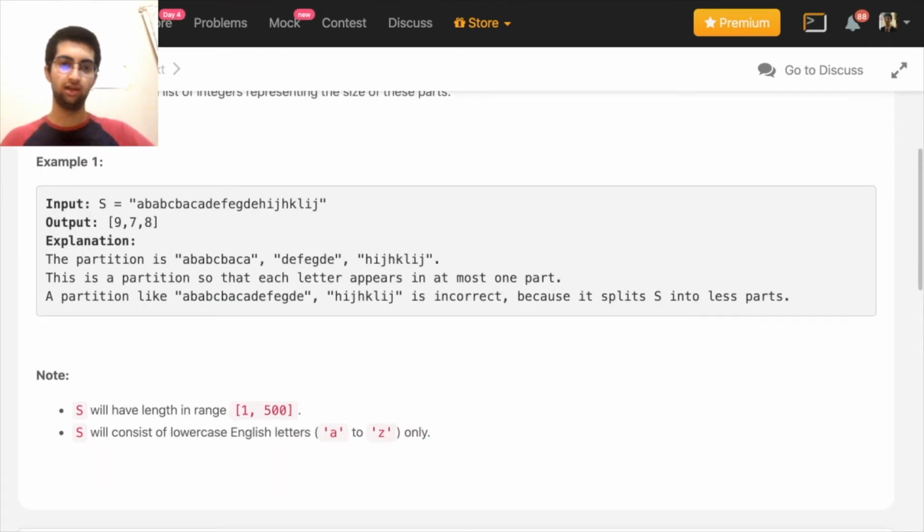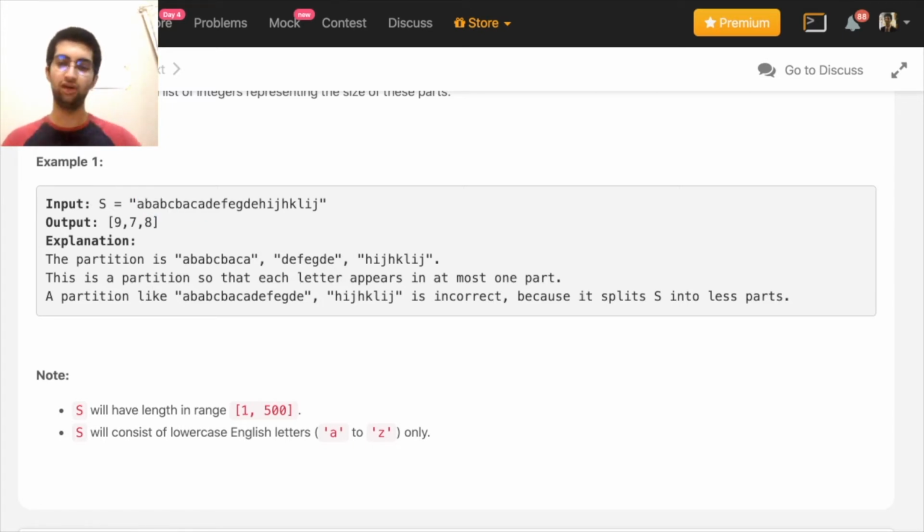Now, when looking at this, why did we stop here? Because at this position, we have finished visiting all our A's, all our B's, and all our C's. So for each letter, let's say I have a range: the first A was over here and the last A was over here. The first B was over here, the last B was over here. So now I know that all the B's have to be within those two limits and all the A's have to be within those two limits.